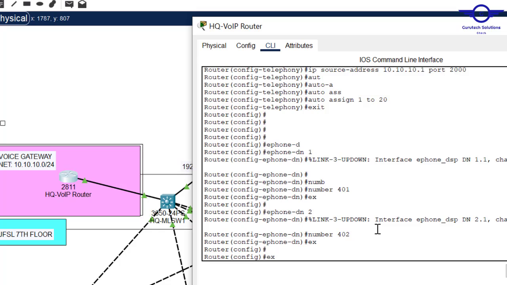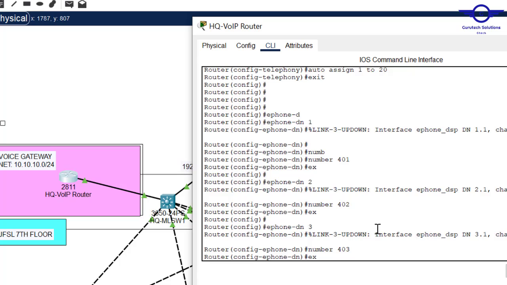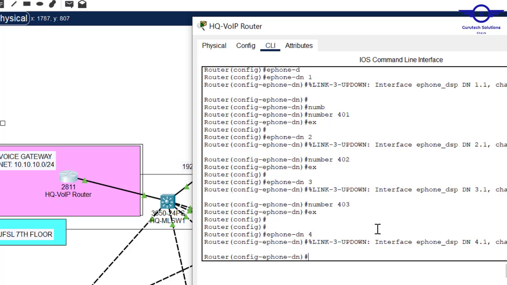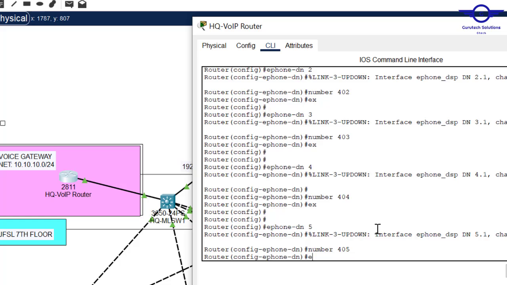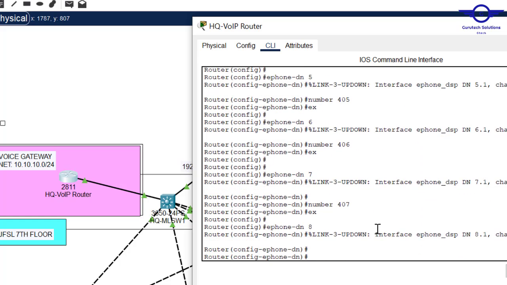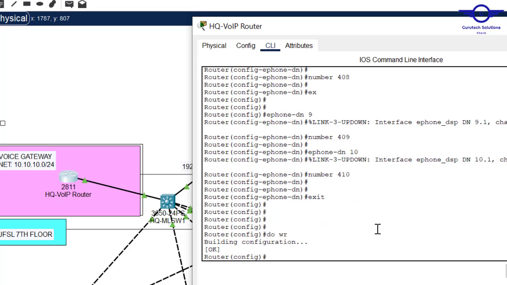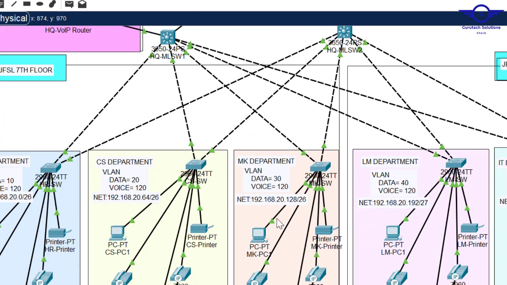exit. The third IP phone to take 403, exit. The fourth IP phone to take 404, and do write. So with time, this voice gateway router will be able to distribute IP addresses to all